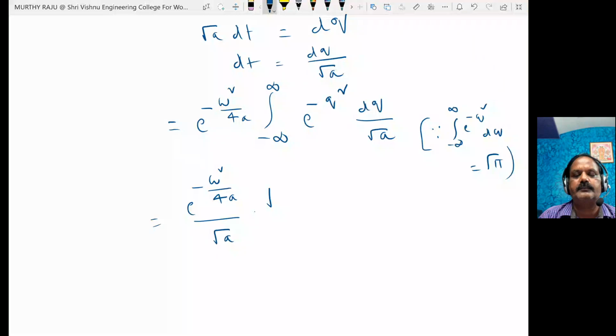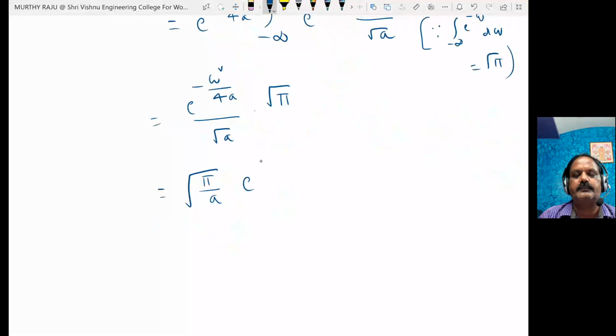Therefore, finally the answer is root pi by a e power minus omega square by 4a. This is the answer, the Gaussian Fourier transform of e power minus at square. This is the first one. The second one is